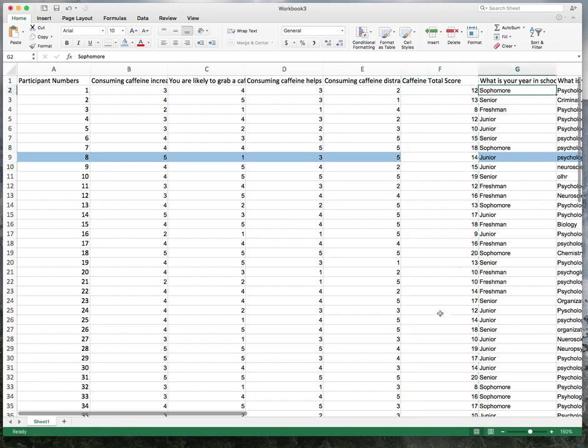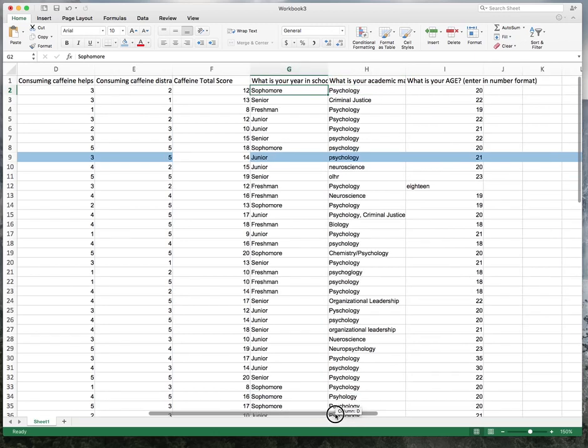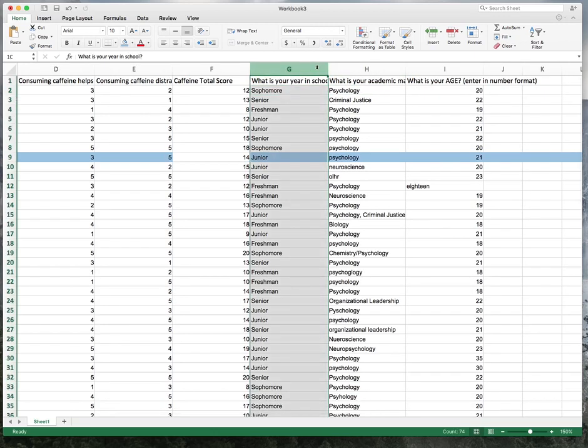Let's do one more operation and replace these numbers, these labels here, this nominal data, with numeric codes. This is going to be useful in case we want to compute averages or modes or medians or anything like that. So really quickly, let's